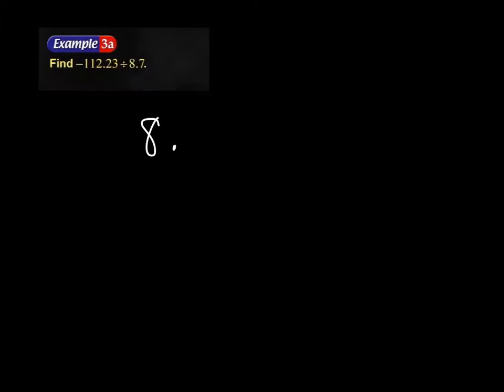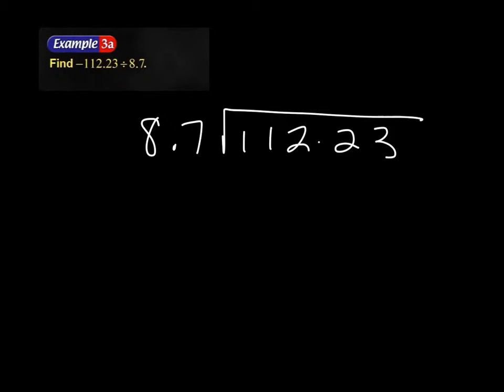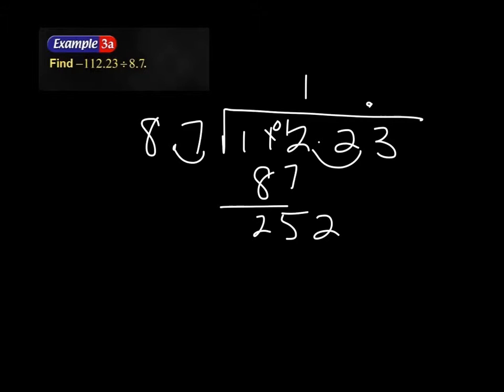I'm going to have a negative divided by positive, so my quotient I know is going to be negative. I'm just going to practice a little long division here. It doesn't hurt to practice those skills. We're going to move our decimal one place to start off with. And 87 would go into 112 one time. And subtract. We're going to have 25, bring down the 2. 87 will go into